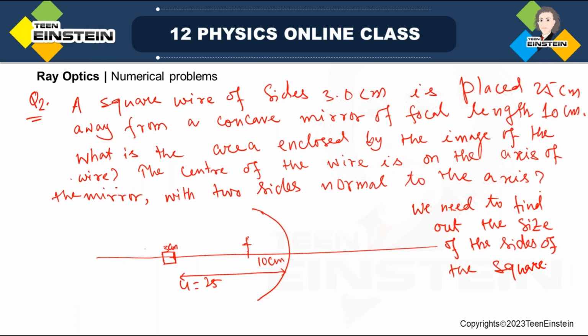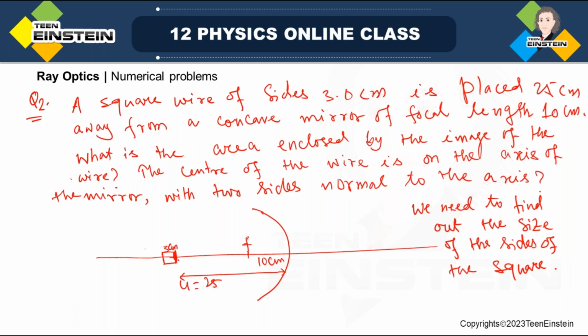This is the main thing we have to do, so that we get the area. So how to find out the size? Size means height, right? So look, if I just take this particular side of 3 centimeter height,